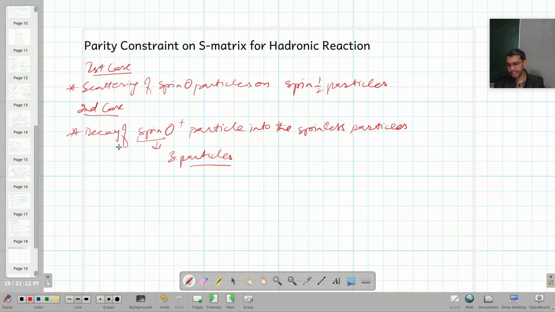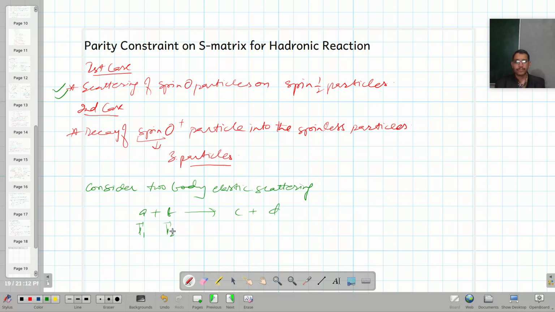So consider a two-body elastic scattering. This is the first case. Means a particle A and B, when they interact with each other, they give rise to C and D, and say its momentum will be P1 and its momentum will be P2 and its spin will be 0 and its spin will be half integral. So let us relate it with spin vector sigma, and here after interaction the new particles will be there, so its momentum will be P1 prime and its momentum will be P2 prime, and say spin vector associated with